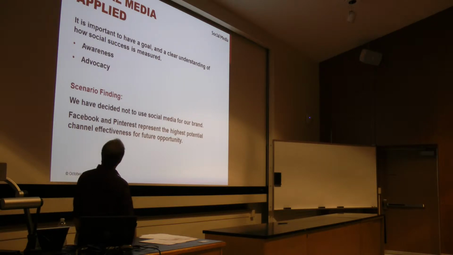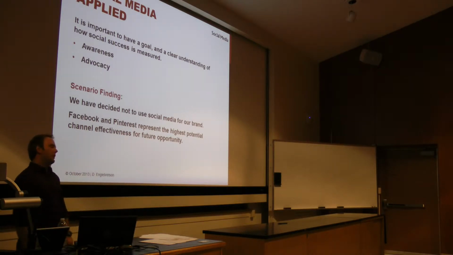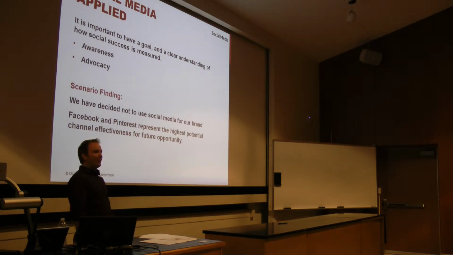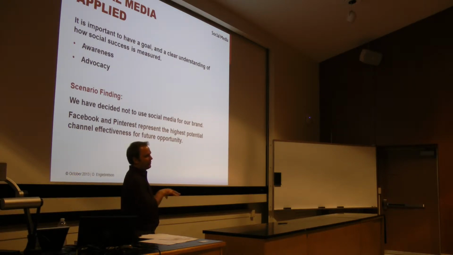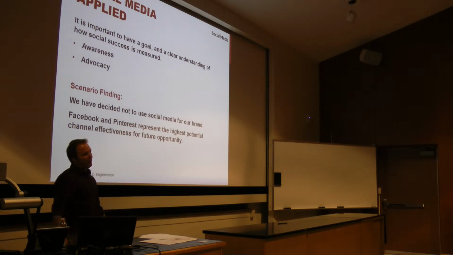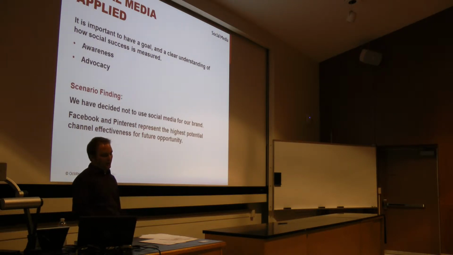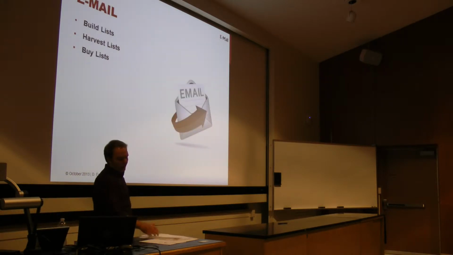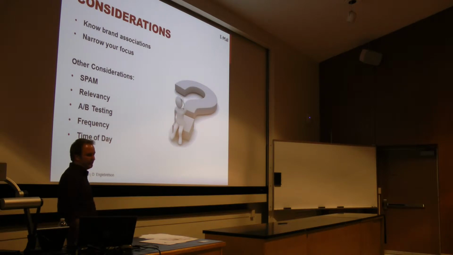So in this scenario, we said that we've decided not to use social media for our brand. I don't know if you could tell that already, but mainly because it's too time consuming. We don't believe there's enough people on the internet to make sense for us, for Wake Forest sweatshirts at Wake Forest. I'm only one guy, I don't have time to really manage it. I don't want people having a bad experience on it, so I'm just not going to do it. However, if I want to scale up and I've got some time, we think that Pinterest, and maybe some Facebook would be potential for later, but for this campaign, we're going to skip social media, mainly because we don't have time. So, last tactic is email.